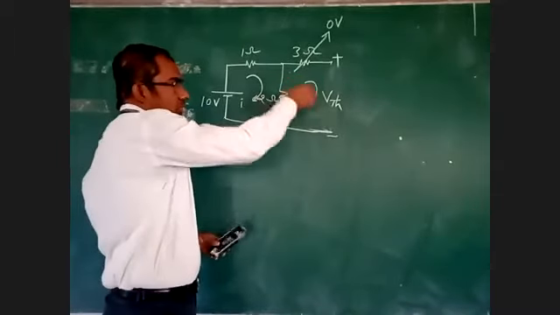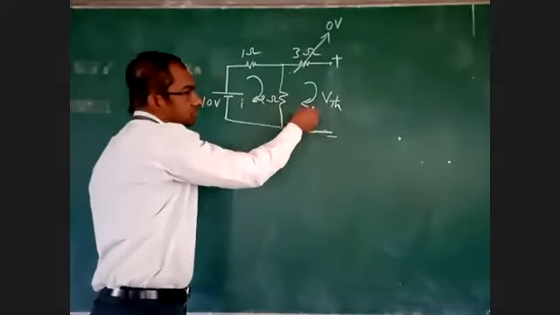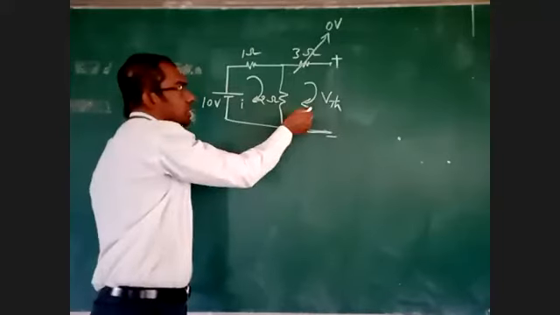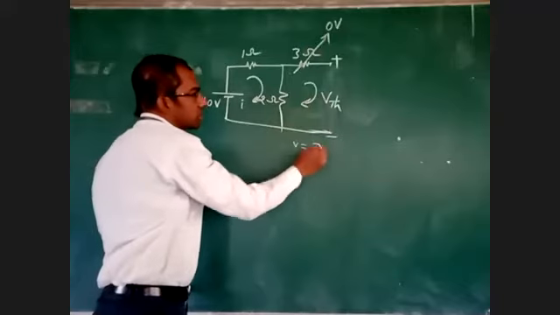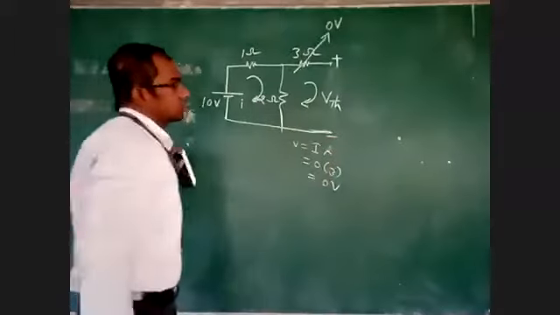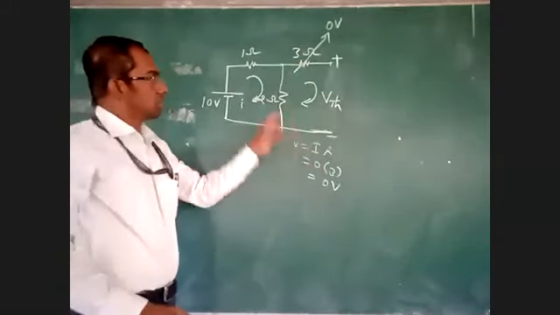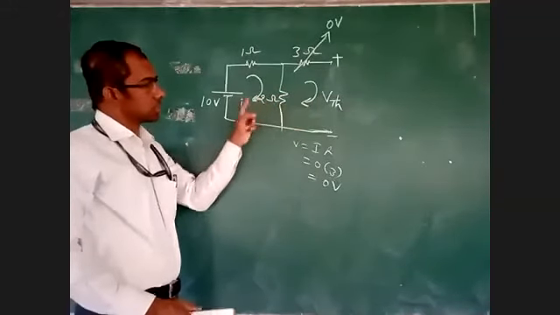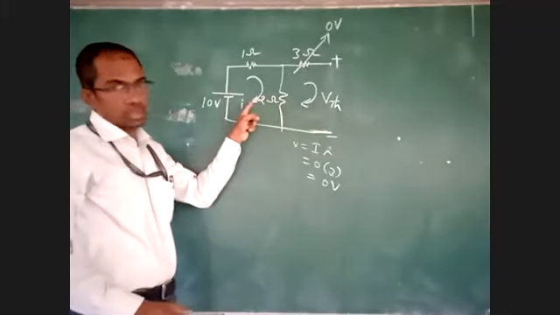Otherwise, you can take the reverse direction, no problem. If you take this direction, your current is 0. Whatever current flows here, 0 ampere is flowing. 0 multiplied by 3 gives the voltage, because V is equal to I into R. If your I is 0, the voltage is 0. I is 0 in this loop, so 3 into 0. But in this 2 ohm, even though this current is 0, this other current is flowing in the 2 ohms. In this 2 ohm, both currents are flowing. Even if this current is 0, this current is still flowing.